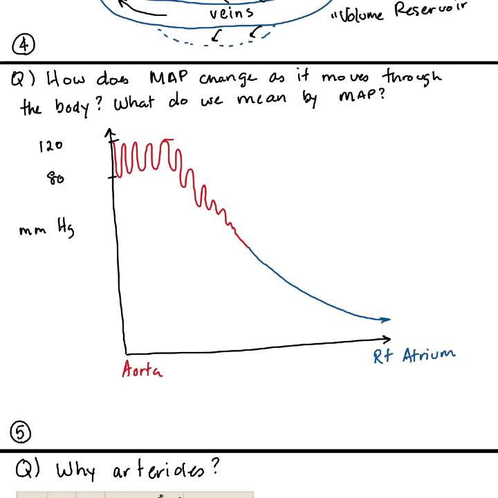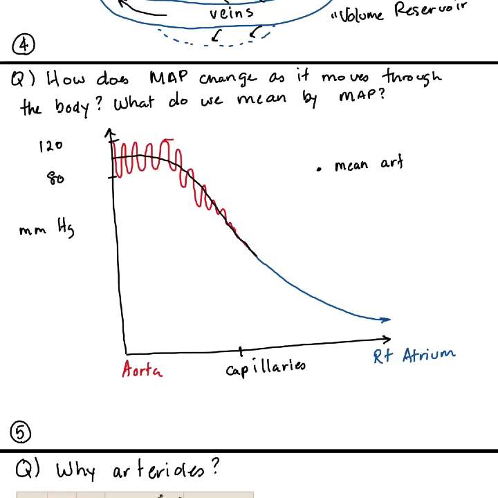In other words, what this says is that as you leave the aorta, you have high pressure, and then as you move into smaller and smaller blood vessels, getting all the way to, for example, the capillaries, where we have gas exchange, you see that the pressure is pretty much falling all the way throughout. And when we talk about mean arterial pressure, we literally mean the mean arterial pressure. So if you were to take the average pressure here and smooth all that out, that's what you would see. So the black line represents